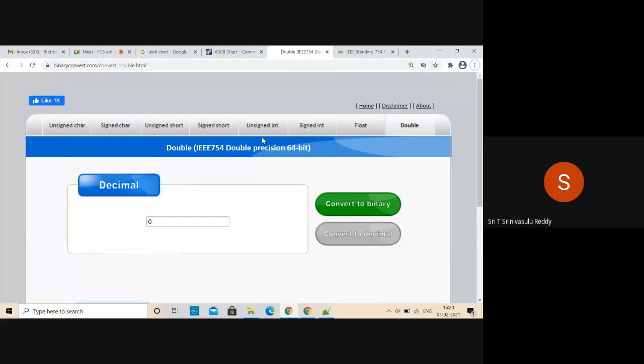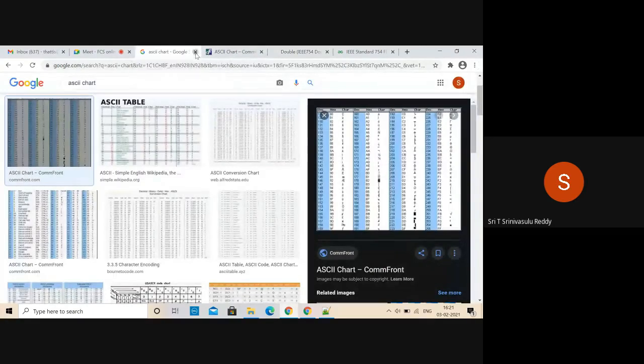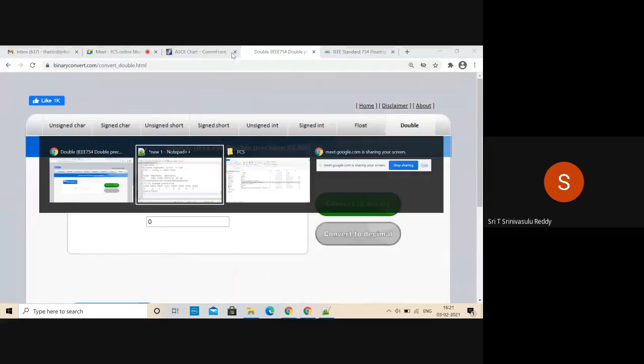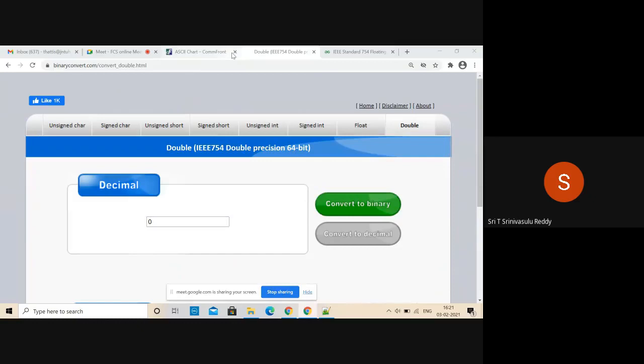Ultimately, your images are nothing but pixels, right? A group of pixels, an array or matrix of pixels. So there are certain standards there. Audio also, you have different codec standards, MP3, right? AAC, so like that, there are different standards. So data representation is one of the very important topics, and one needs to understand how they are internally represented. For complete understanding, all of you need to have it. If you have any questions, we can take them. Otherwise, we can close the session for today, and tomorrow we will continue the remaining sessions.